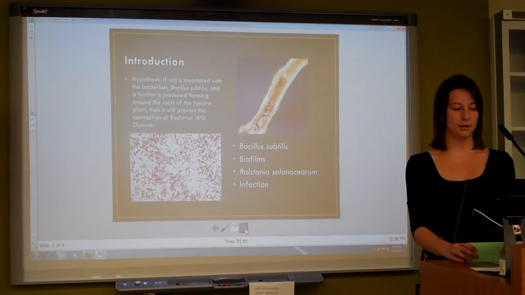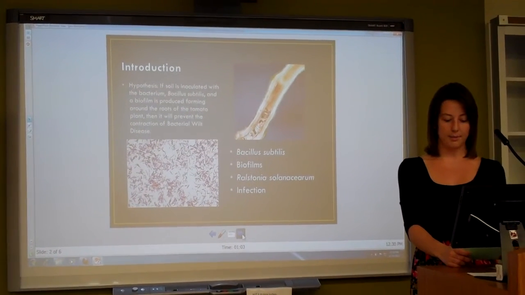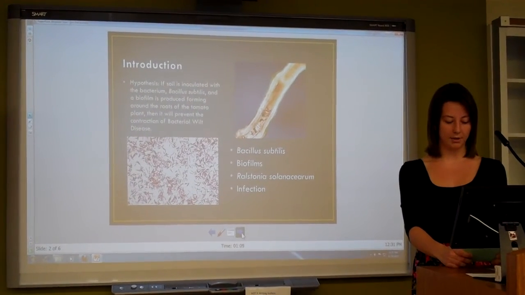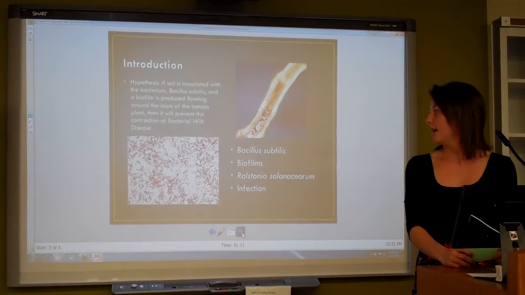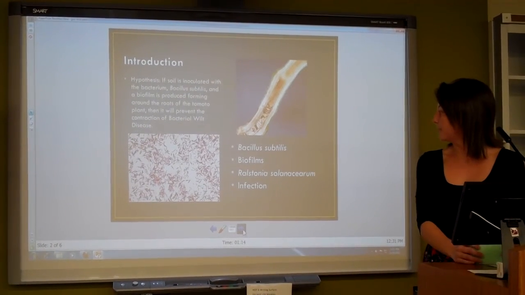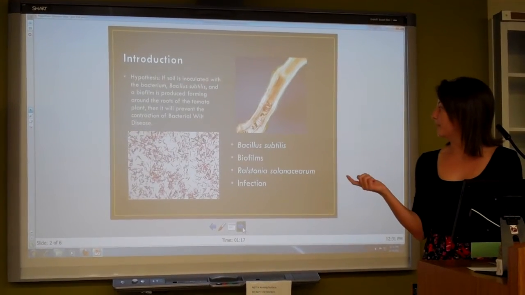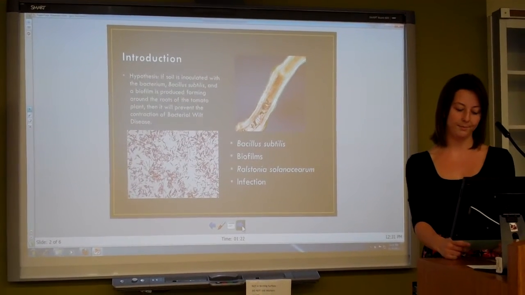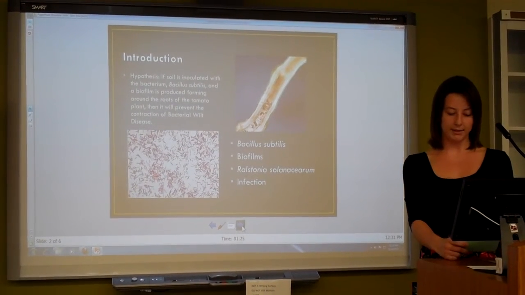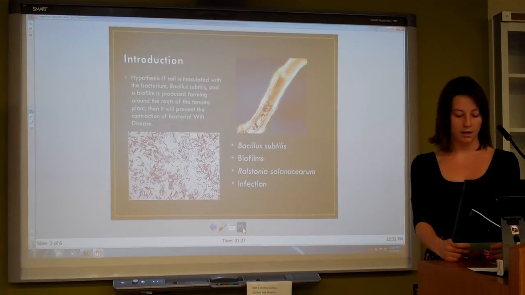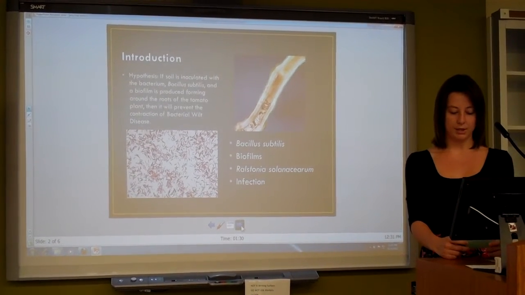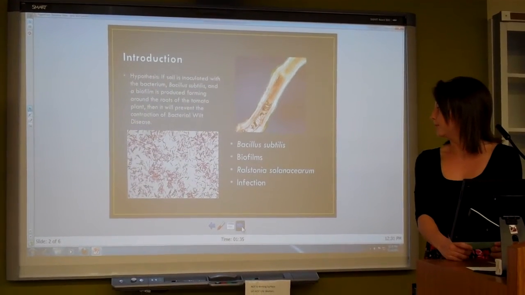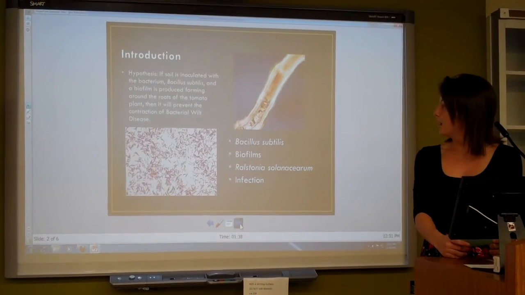And so what I'm using is Bacillus subtilis. It's a non-pathogenic gram-positive bacteria. It's also a facultative anaerobe, which grows in oxygen or oxygen-deprived environments. And what the Bacillus subtilis is going to do is produce a biofilm around the tomato roots. This biofilm is made by single cells separating into permanent attached cells and is complemented by the formation of an exopolymeric matrix. And it's supposed to prevent the Ralstonia solanacearum from entering